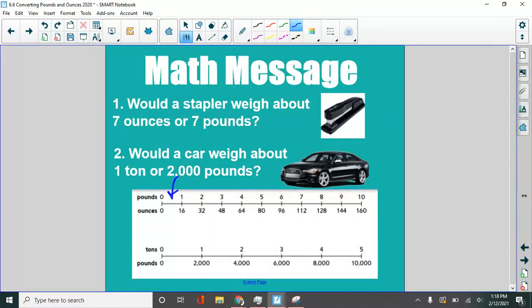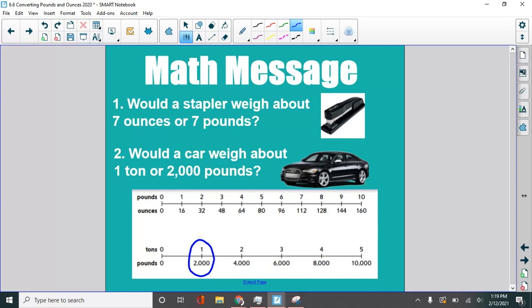All right, now let's talk about tons and pounds. It would be nice if the conversion here was 1,000. Remember when we did grams and kilograms, right? How that was nice, right? As part of the metric system, there's 1,000 grams in a kilogram. There's 1,000 milliliters in a liter. There's 1,000 meters in a kilometer. Okay, these are not nice. Now, this tons is a little bit better. In 1 ton, there are